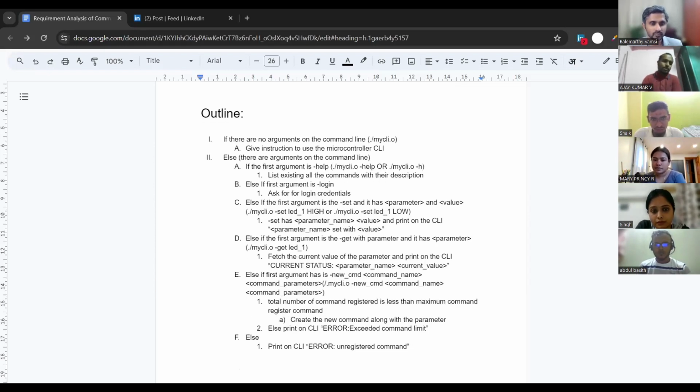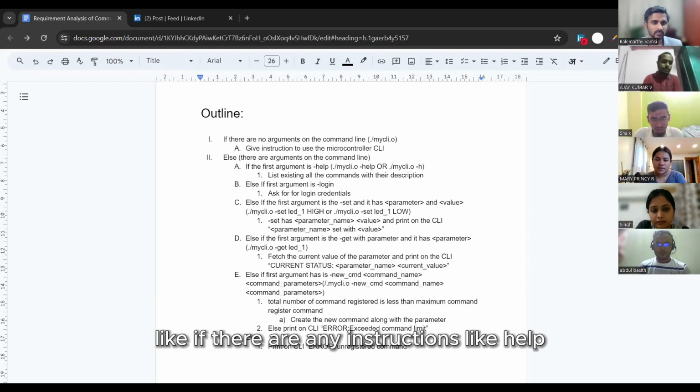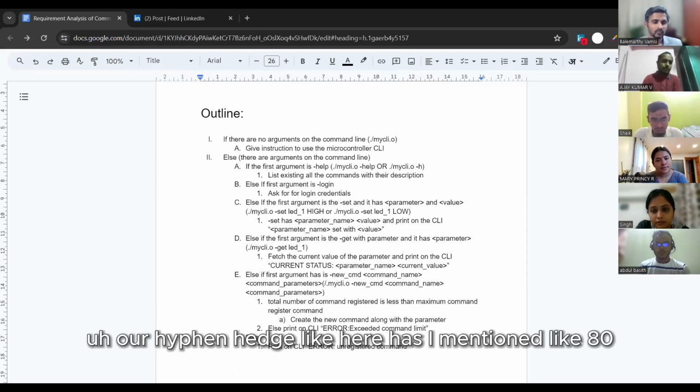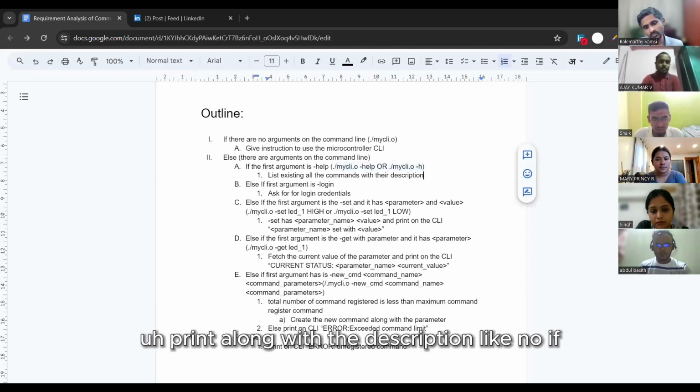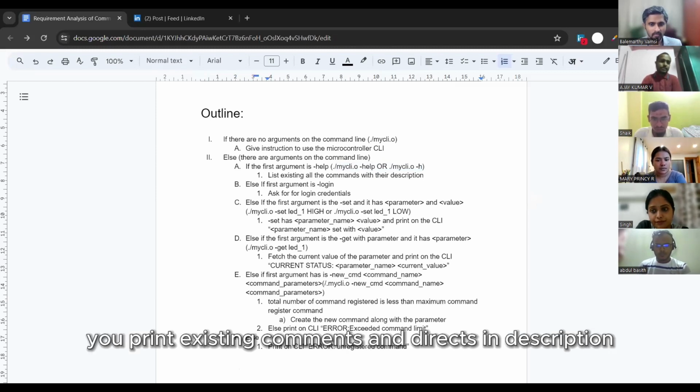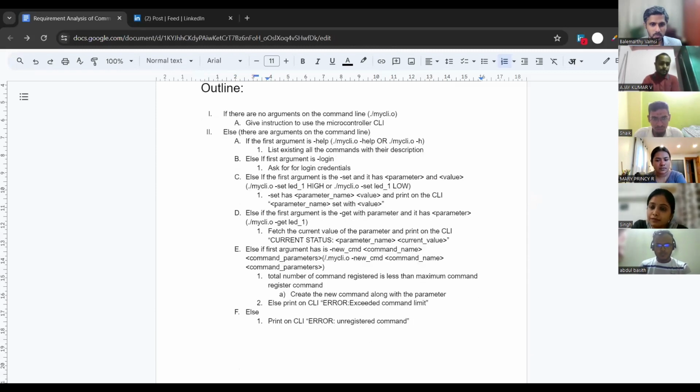If there are any instructions like help or hyphen h, it will print the existing commands along with their descriptions.